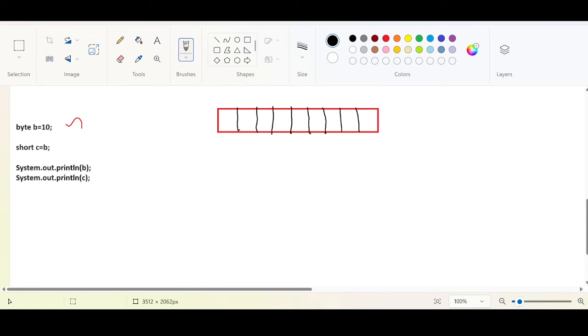1 2 3 4 5 6 7, right? So 10 is a decimal number. Internally 10 has to get converted to the binary number. The equivalent binary number is 1010, and everything else will be 0, right? So this is B. The second line says the value of B should be reassigned to the variable C,